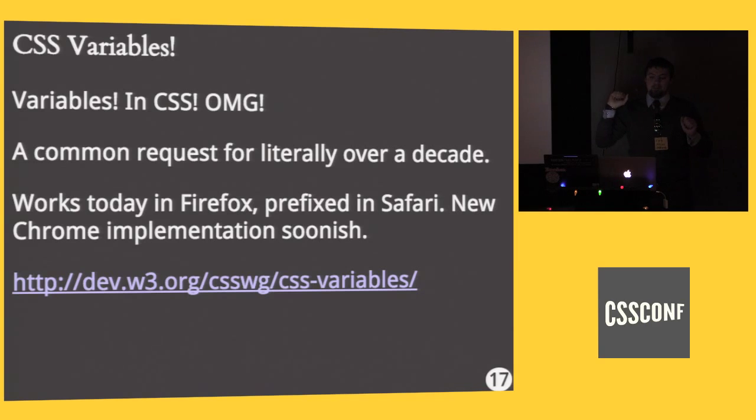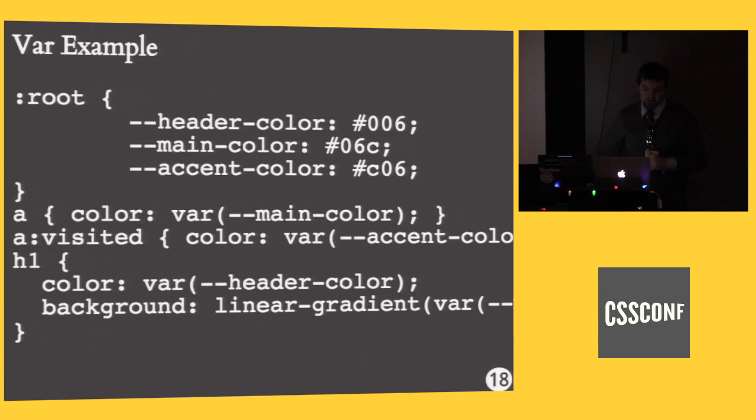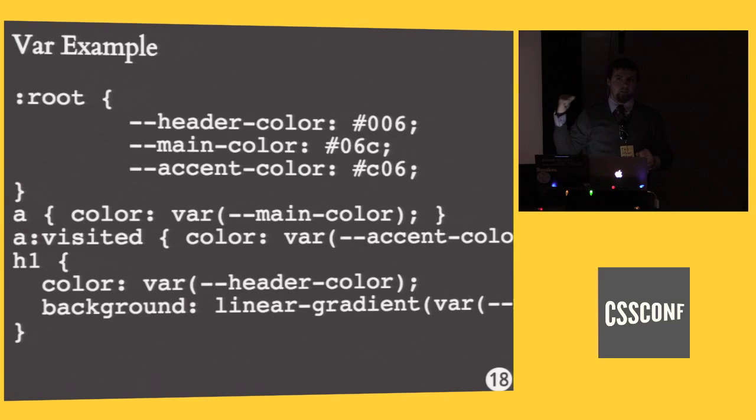Variables. I've been working on variables for quite a while. They've been a request for forever in CSS. Fun thing, they work right now in Firefox. If you want to load up modern Firefox and try using variables, like this example right here, it will work. You declare a bunch of custom properties using whatever name you want. The only requirement is they have to start with 2 dashes. Give them whatever value you want, and then on any descendants of that element,